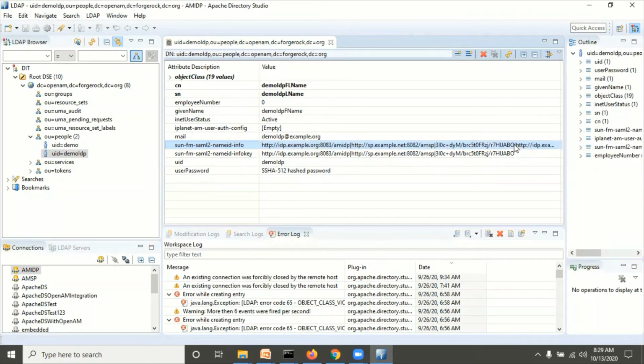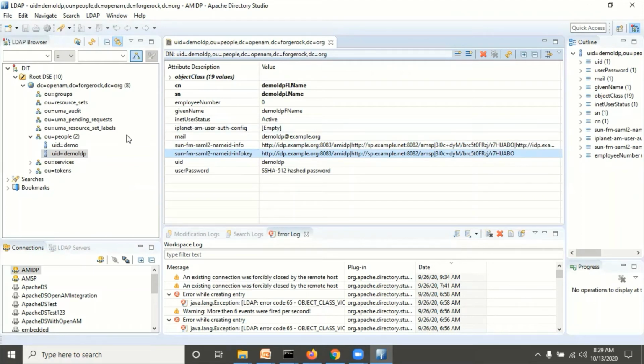Initially, whenever we try to log in to the IDP, in both cases it will ask for authentication. After authentication is done, there is no need to log in again to the SP. Once you have logged in to the IDP, the SP will automatically not ask for re-authentication. So these are the two parameters, like the info key. By using these two parameters, the second time the SP service will not ask for re-authentication.